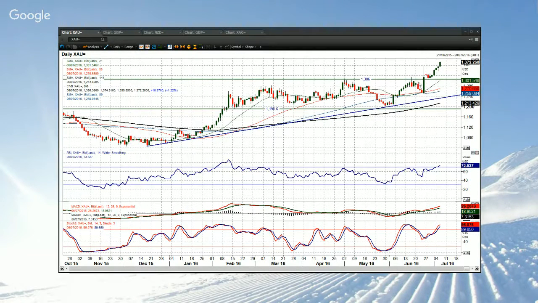I think you can certainly say we're on a strong run higher now. I would say that this has got upside potential in it. MACD line strong, stochastic strong, pretty much across the board, all good. And I think that further gains are going to be seen on this chart. It looks pretty strong.